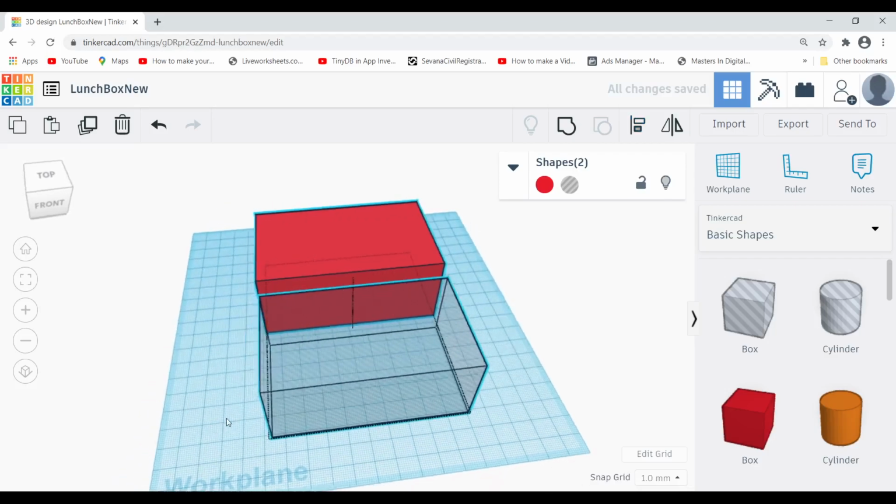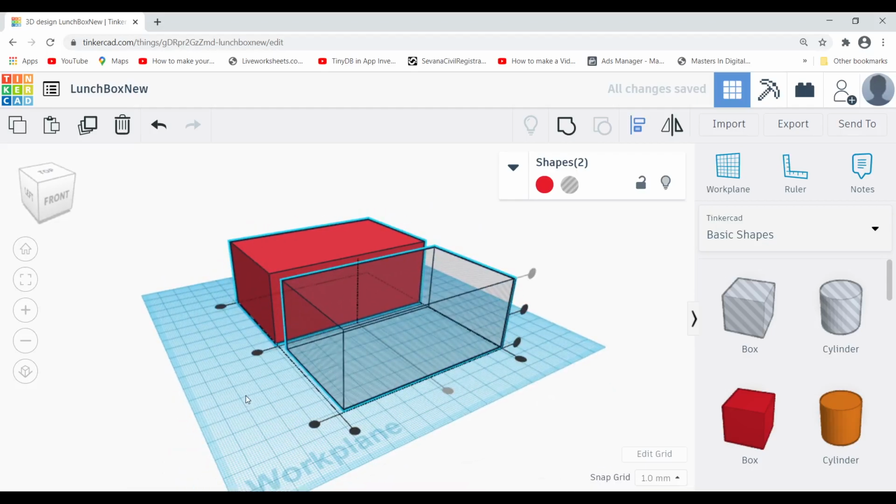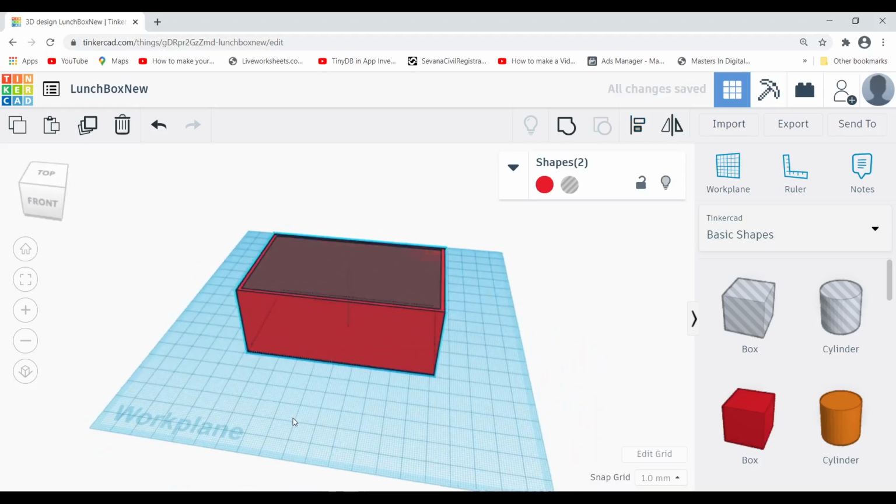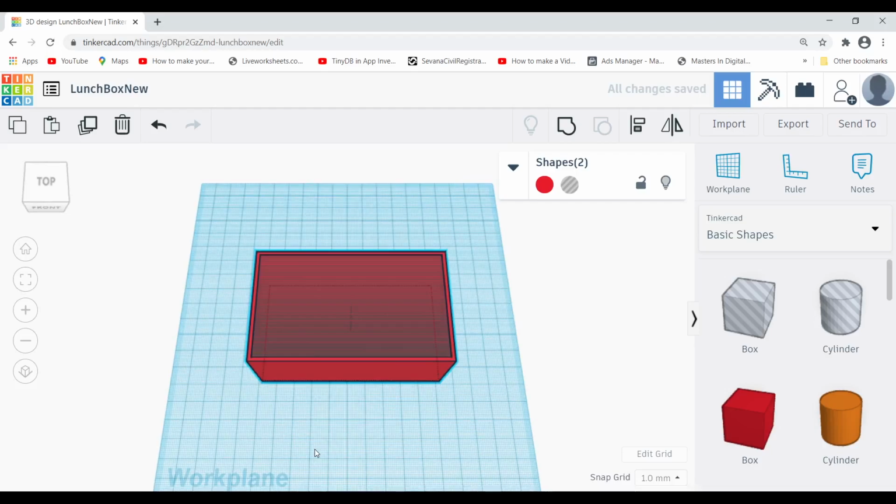Then to align on this side, out of these three dots I can click on the central alignment one. Now it is aligned perfectly. The hollow type went inside the solid type.